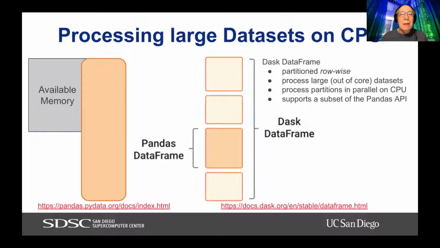What you would typically do if you use a Pandas data frame is you load the entire data set into a Pandas data frame. But the problem with large data sets is this is your available memory, and this is how much memory you need. So the Pandas data frame doesn't fit into memory. How can we deal with that? Instead, we can use a different library, which is very similar to Pandas, called Dask. And we can use a Dask data frame.